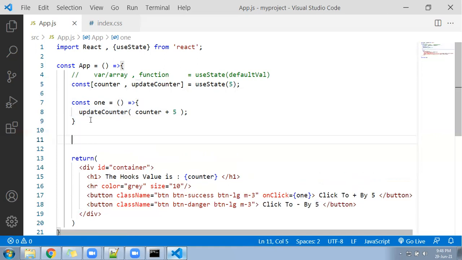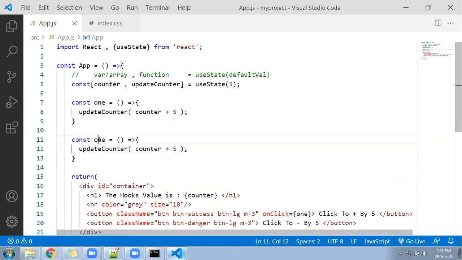Calm down. Let me write another function, function2. That function2 is going to help us decrease the value by how much? 5. Nothing to worry about, just change the operator, call the same function. Now you saw what is happening. The variable is only one and the function is also only one. Since both are constant, a constant cannot be modified by someone else, right? So for every constant in React, you will have an associated function, and that function will help you do the changes, whether plus, minus, modify, delete, anything. Only that function can do it to its variable, others cannot, right?